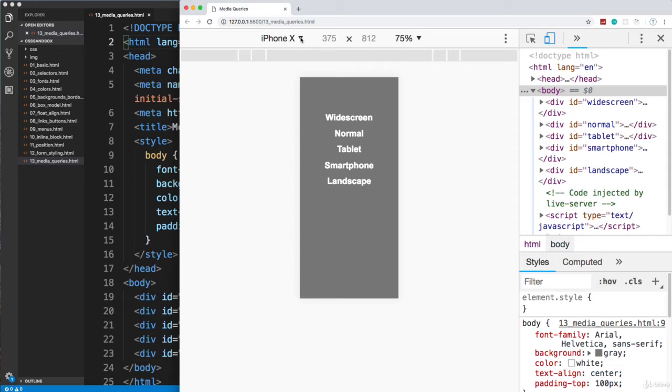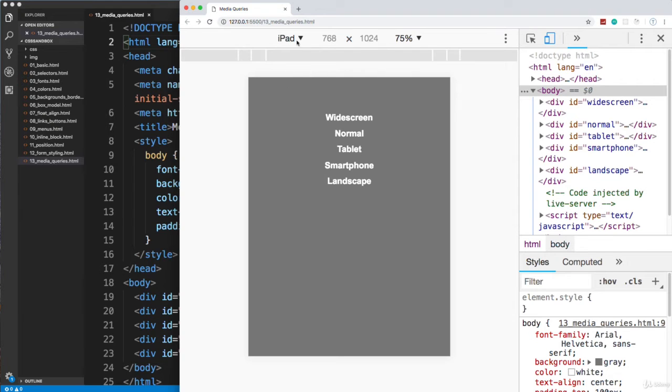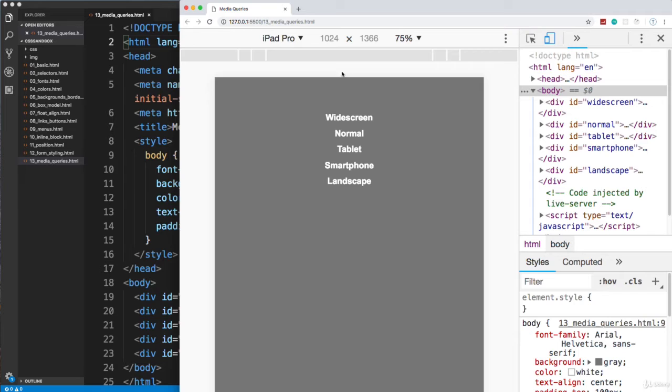As you can see, the iPhone X, we have iPhone 6, 7, 8 Plus, 6, 7, 8, even the 5, which you can see is much smaller, Pixel 2 XL, Pixel 2, Galaxy, and then we also have the iPad, so you can test for tablets. We have the iPad Pro, which is basically the same width as a laptop would be, but we can test with that as well. So I usually test mostly with the iPhone 6, 7, 8 and the iPhone X, but